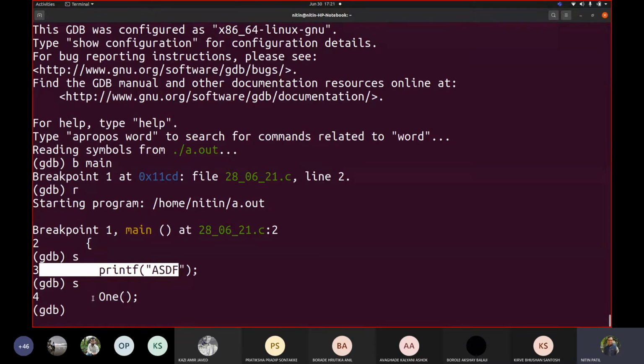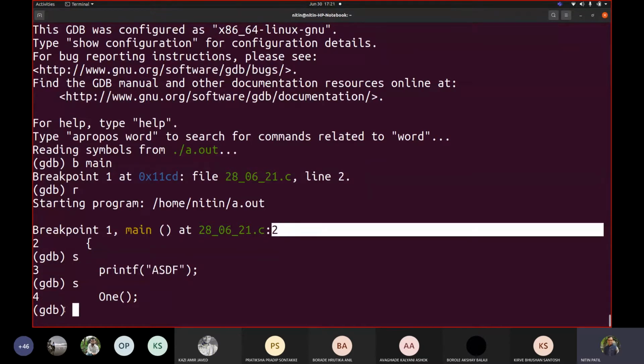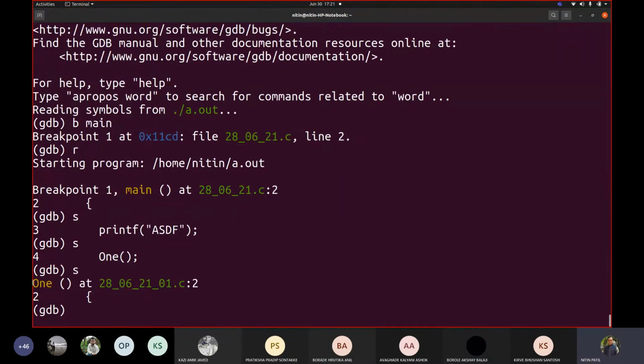Next it goes to 1. Now you can check it here. It is in main at line number 2, correct? That means in your code, when it goes to the next call, you will see that it shows. It is the case. Now, where exactly is this stored?